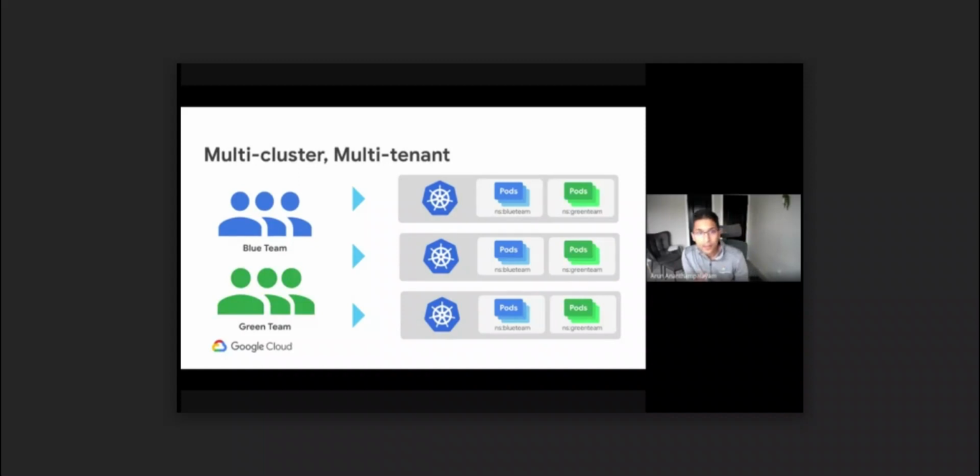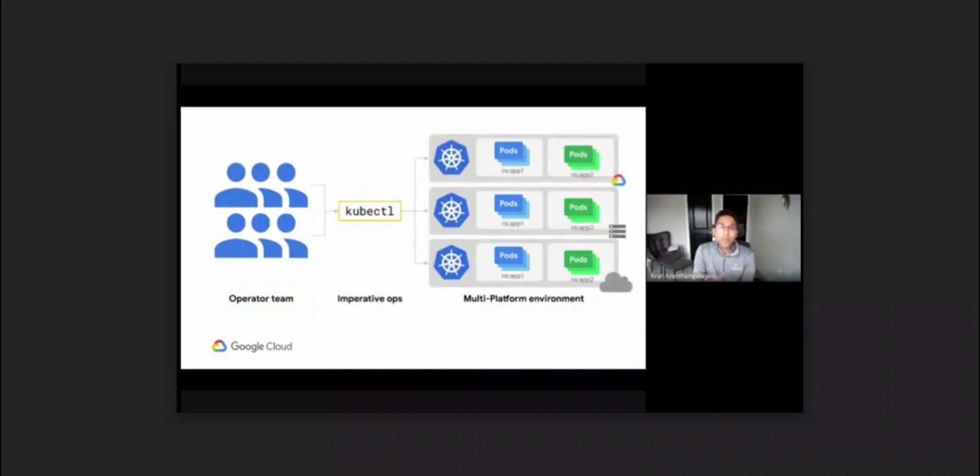So you end up with X tenants times Y namespaces times Z clusters, which means exponential growth in the number of policies that you'll have to manage. In many production deployments, you often see broad use of imperative operations, right? But that's something of an anti-pattern for Kubernetes, because Kubernetes is all about declarative state. So how do we take this approach and transition it from imperative to declarative is what ACM is good